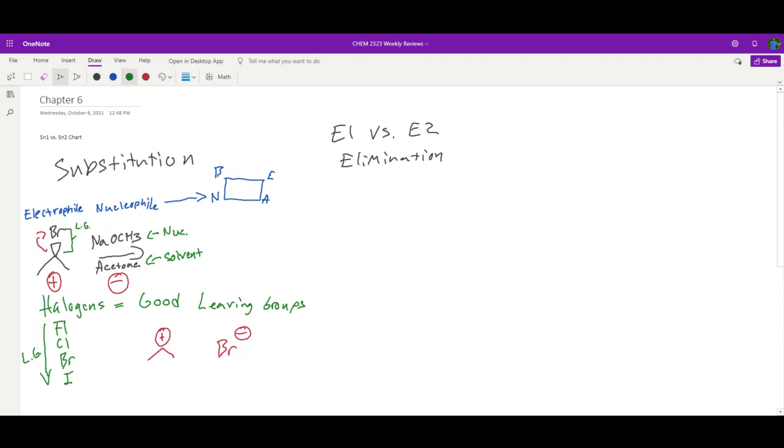Your nucleophile is NaOCH3. Okay, almost all of your nucleophiles will contain either a sodium or potassium, or it will contain a hydrogen. Okay, so if your nucleophile contains a sodium or potassium, it is going to be